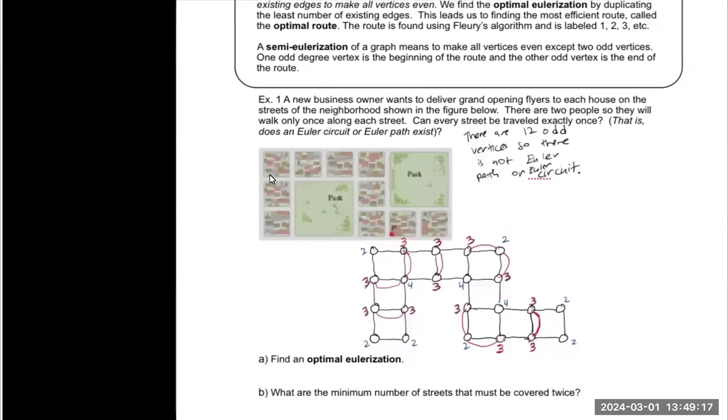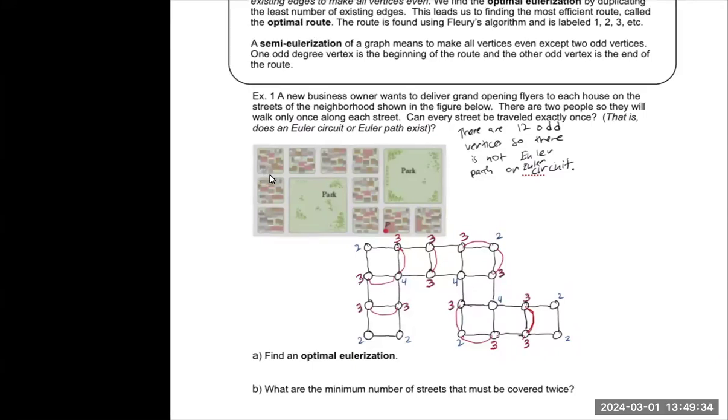That's what Eulerization is. You add extra edges, and the fewest amount that you can will be optimal. Now we add these extra edges and now all vertices are even. So let's double check that's actually the case now. So I go through,